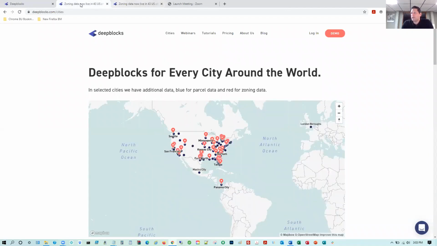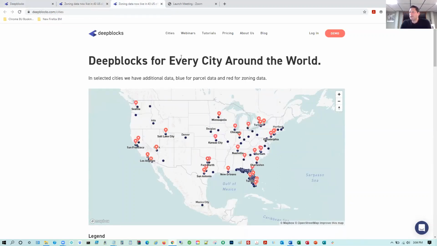Just to recap and understand, our software basically splits into two different interfaces. That front end interface is our market scanner, which allows you to quickly identify and scan a particular market based on zoning codes, use allowed. You can enter different types of refinement criteria, which we'll go into in our session shortly, and it really helps you reduce thousands and thousands of parcels that come up on your search down to just a handful, and really allows you to quickly streamline that process to efficiently find, again, opportunities. And then, as I mentioned, you can apply map layers and truly understand a marketplace in a certain segment of the country.